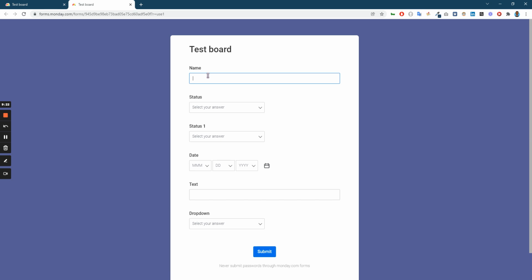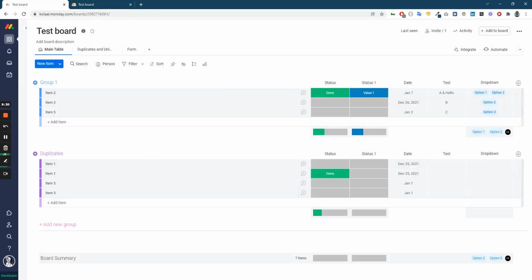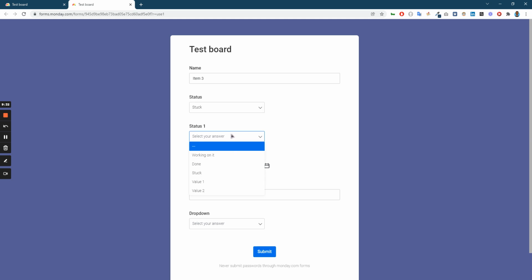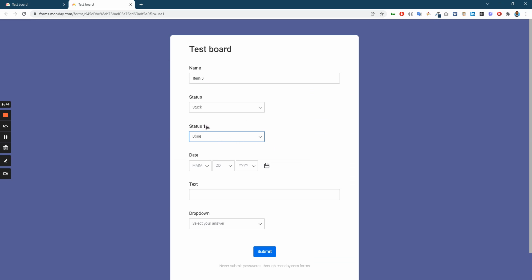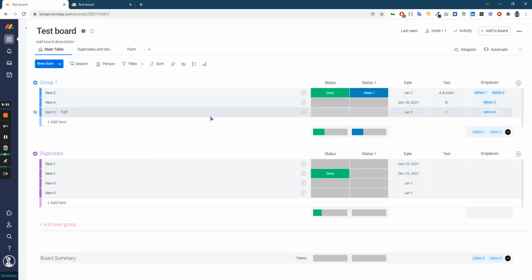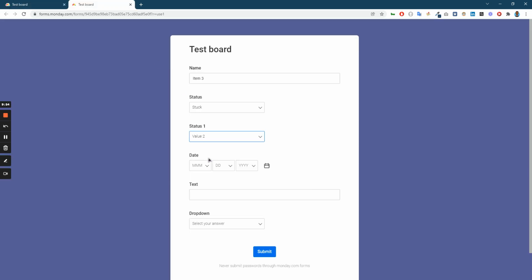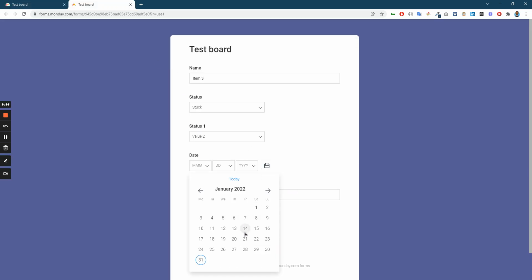So now this time we want to update item 3, and then here we select the status. So let's say for status we say stack, so this should be stack now, and then here we select, let's say, done for item status 1. So initially in this case status 1 wasn't updated, but this time it should be updated with this done, or we can say value 2 to really differentiate it, right? So status 1 for item 3 will now be value 2, and then the date, let's say any date,